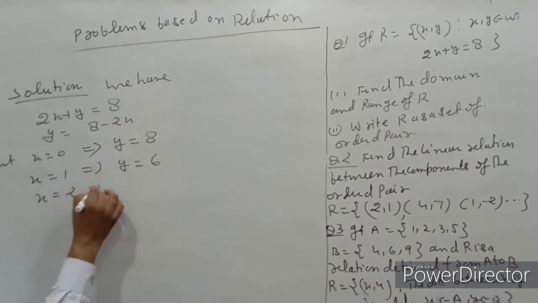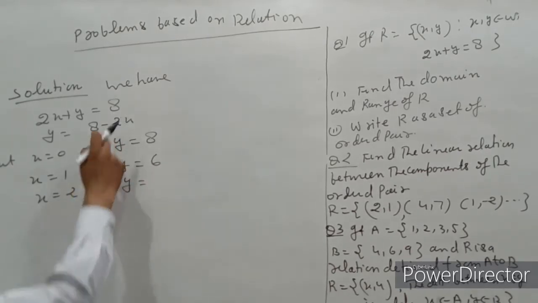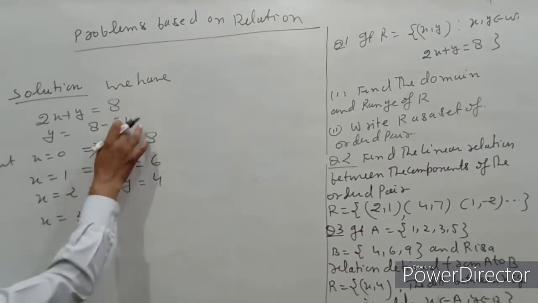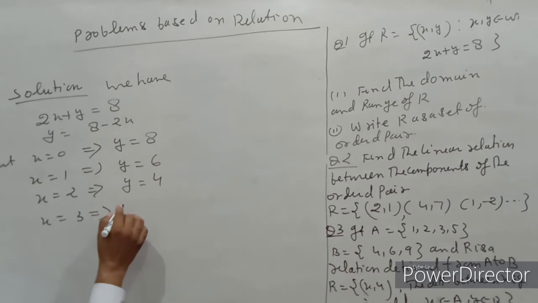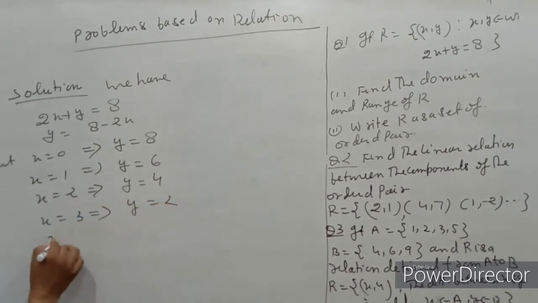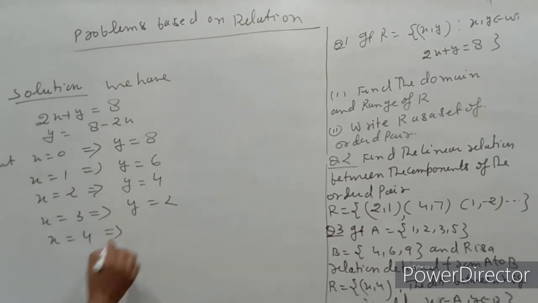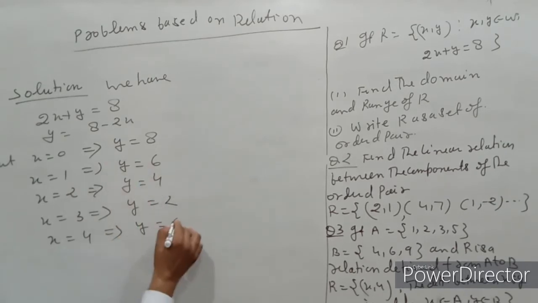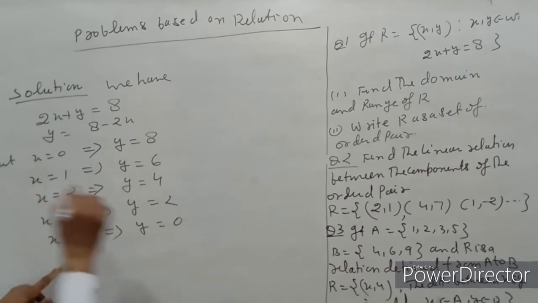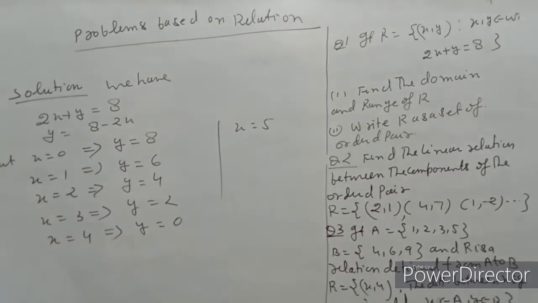When x is equal to 2, y is equal to 4. When x is equal to 3, y is equal to 2. When x is equal to 4, y is equal to 0. If we put x is equal to the next whole number, 5,